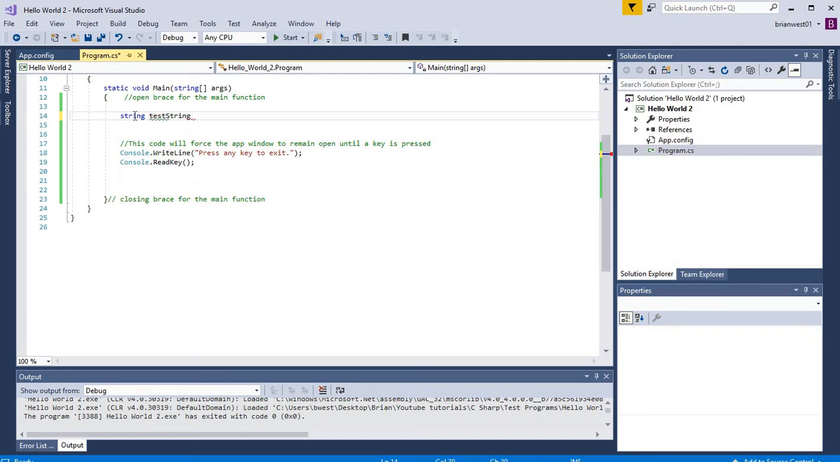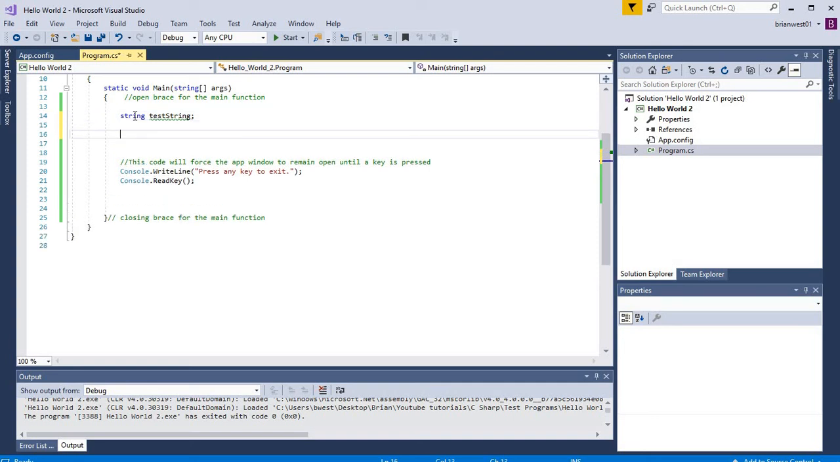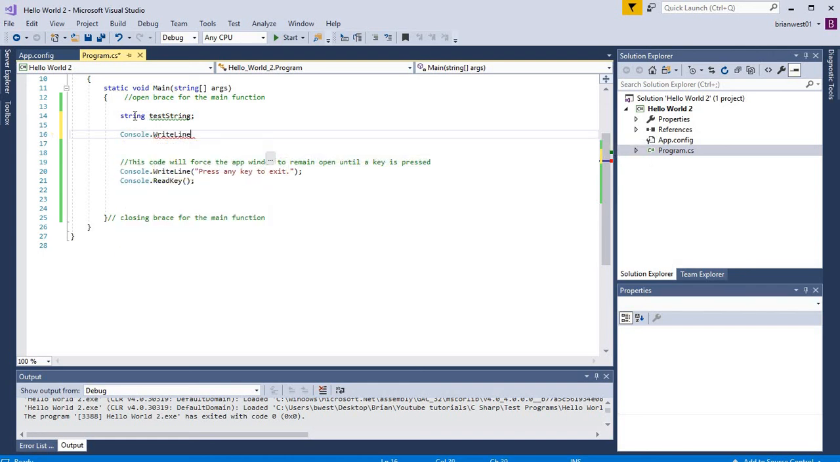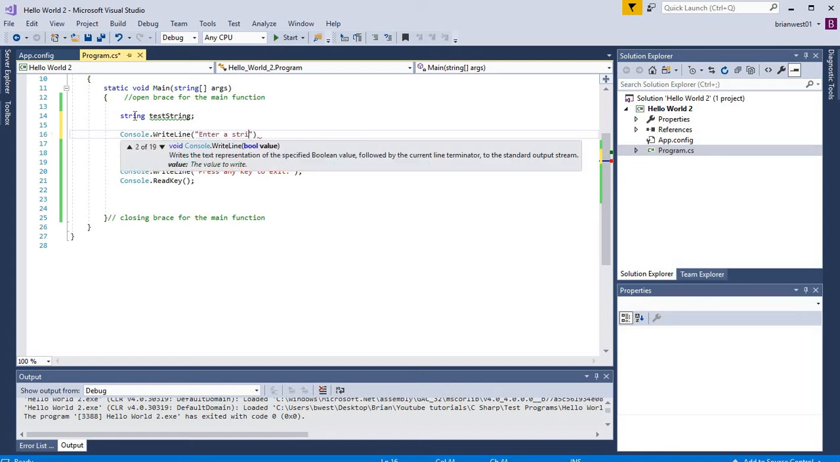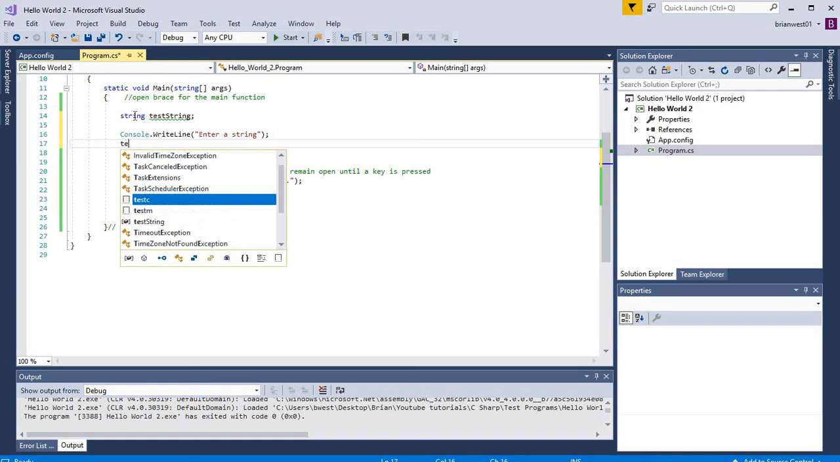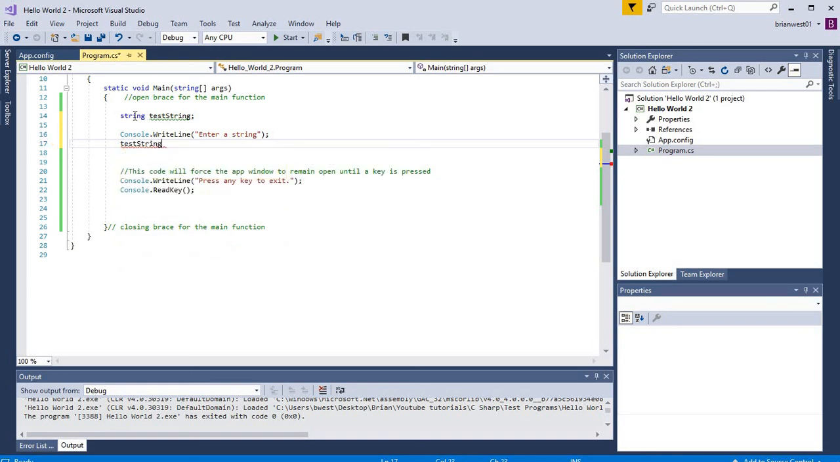Why not? And as you remember, a string is simply a series of characters. So it could be somebody's first name or somebody's whole name. It could be an address. It could be the letter A. It could be any of that. So let's try Console.WriteLine, enter a string, and then let's do test string equals